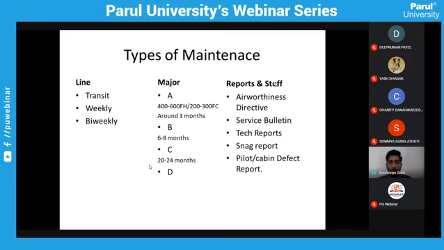Recording and reporting depends on different procedures, depending on the different types of reports. First are ADs, airworthiness directives. These are issues which have come to the concern of governing bodies like DGCA and ICAO, and they release these airworthiness directives. For example, let's say